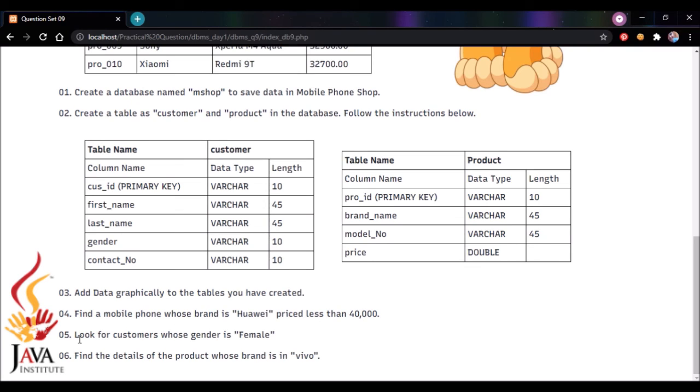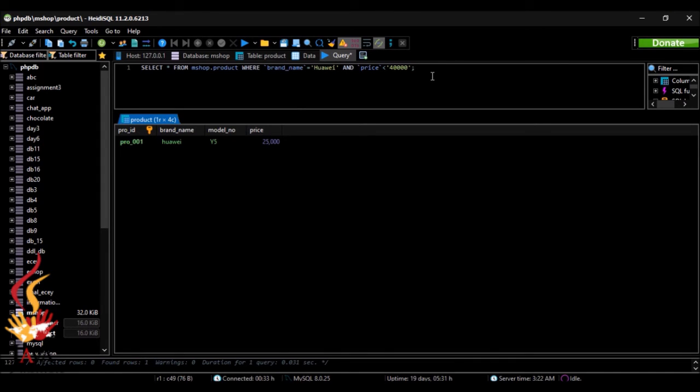Now let's go to our fifth question. Look for customers whose gender is female. So that means they are asking who are the customers that the gender is female. Now let's write the query. Select asterisk